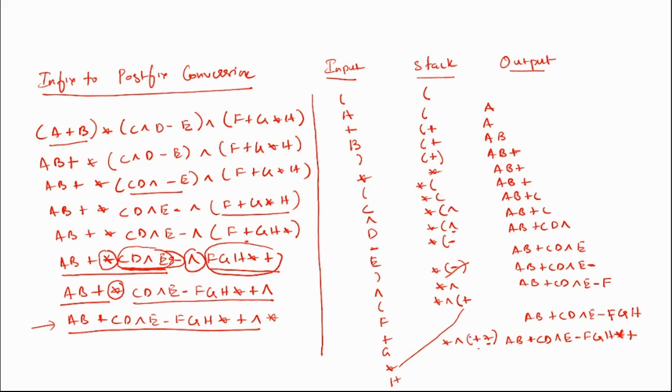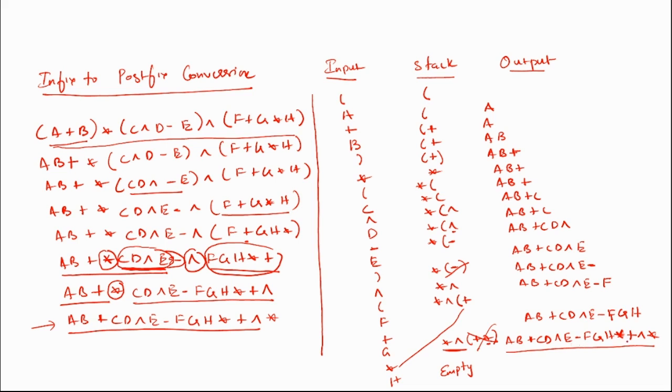Then this is gone, which means that now the whole expression has been evaluated completely, and whatever is left in the stack I'll pop out. What is left? Exponential operator is left and then star is left. Once I pop out, the stack is empty and our postfix expression is AB plus CD to the power E